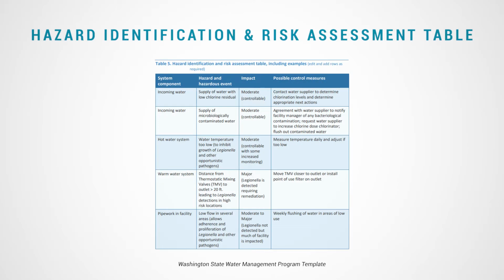For example, vacant rooms have the potential for stagnant water. This is considered a moderate risk because it can be controlled by proper flushing procedures prior to bringing the rooms back online. The hot water heating system has the potential to create an environment where Legionella can grow because of permissive water temperatures. This will be considered a moderate risk, but take appropriate steps to mitigate as needed. Results should be recorded on a temperature log sheet.